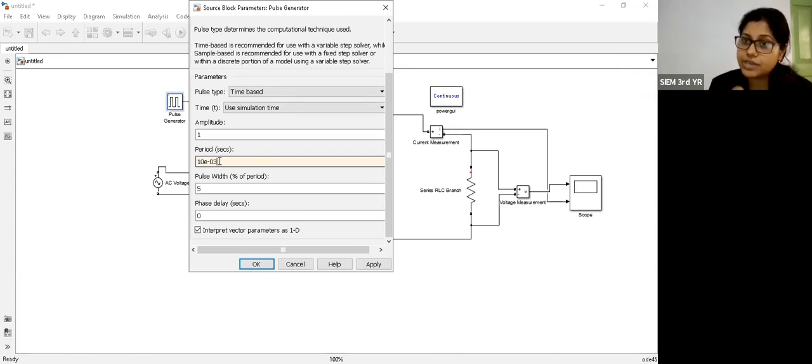Now the phase delay. Phase delay obviously means the firing angle. So we have to calculate: if 180 degree equals 10 millisecond, then